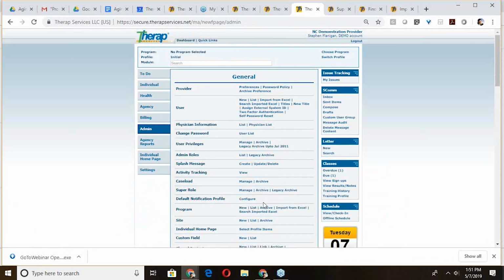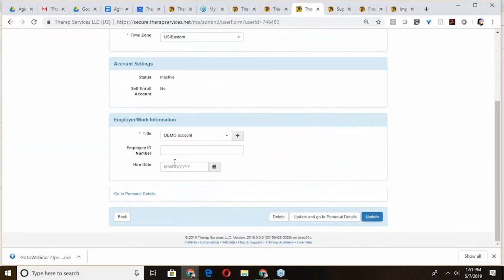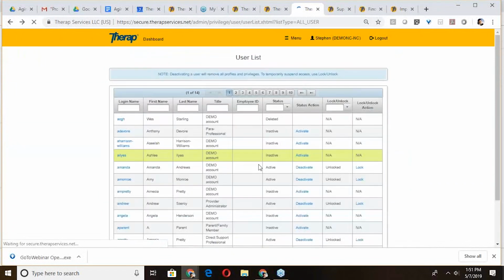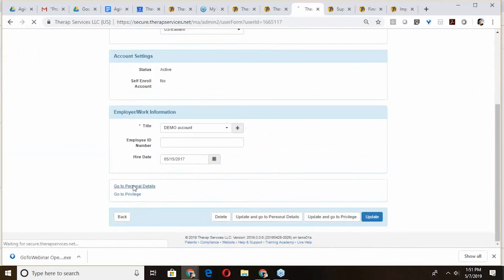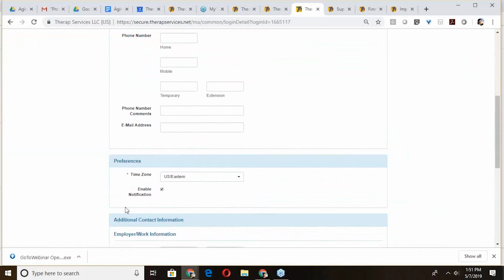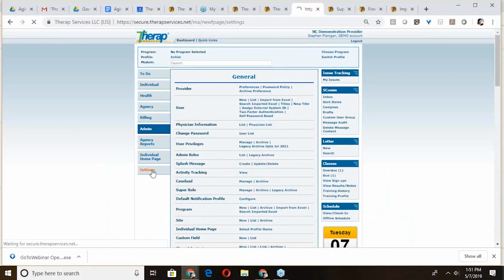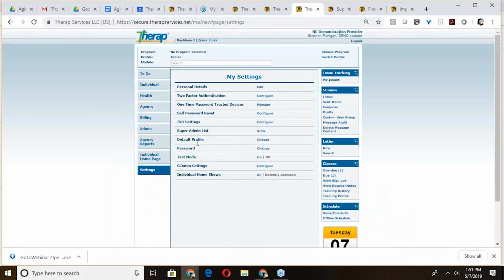In order for them to select that they want to be notified, you go back to the user list, you click on a user's name, and there is a button. Actually, I think I clicked on someone who was inactive, so let me find someone who is active. We'll click on Amanda, and Amanda in her personal details will have a little radio button down here, or a checkbox, to enable notifications. Now Amanda will be able to go onto her account, go into her settings. If I save this, she can go into her settings, and she can set that default notification profile,